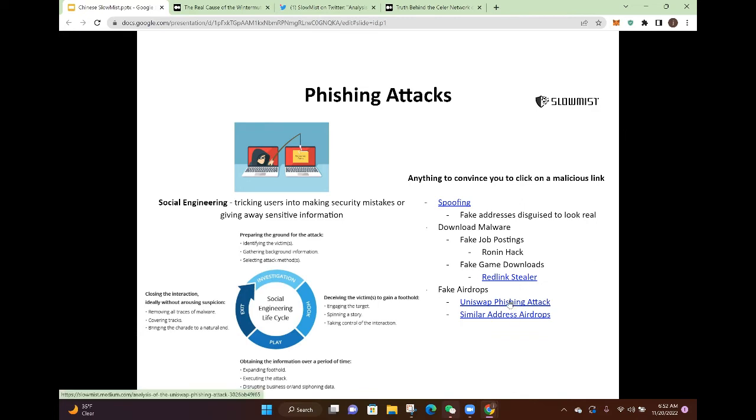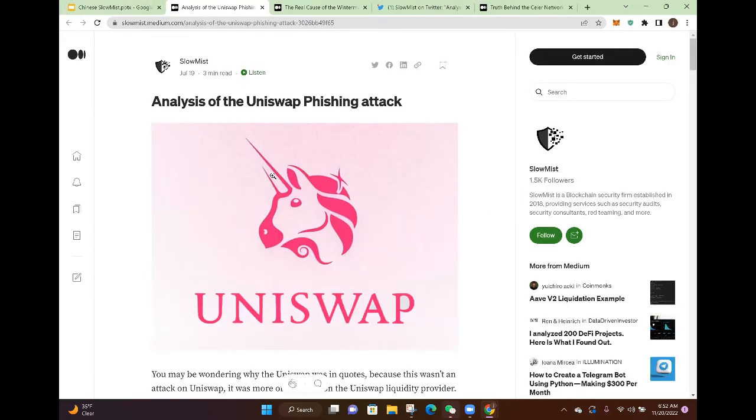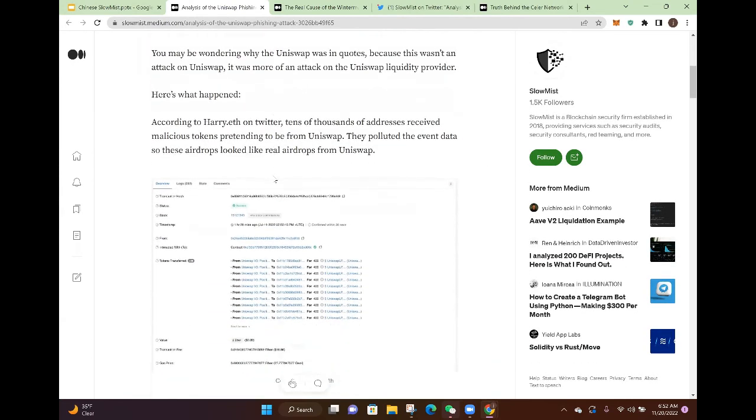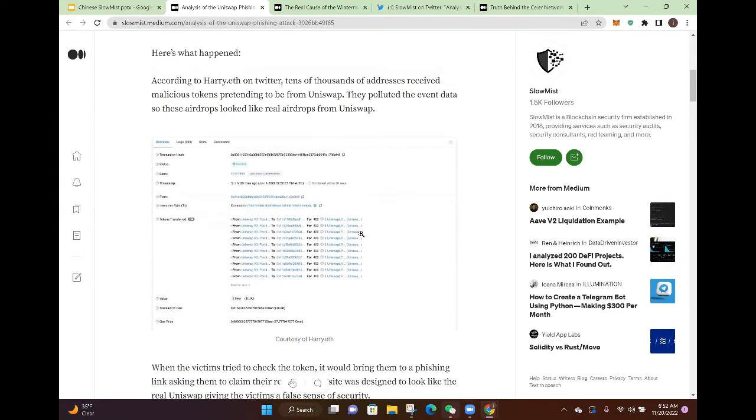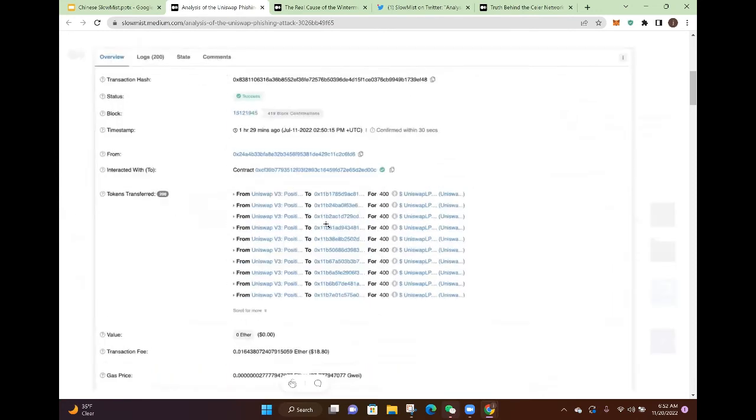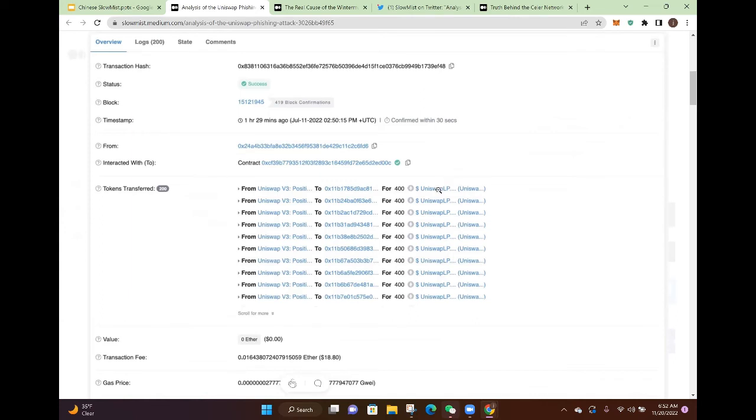So Leah, let's go through this. Let's see how it works. So the Uniswap phishing attack, what happened was that somebody created an address and named it, if you see closely right here, it says Uniswap LP. So they sent it out to a bunch of people, and people who actually had Uniswap LP, when they clicked on that, they see something in their wallet, and then on Etherscan, it's disguised to look like it's from the original Uniswap. So they're thinking, hey, we just got an airdrop from Uniswap. So they actually click on the link within it